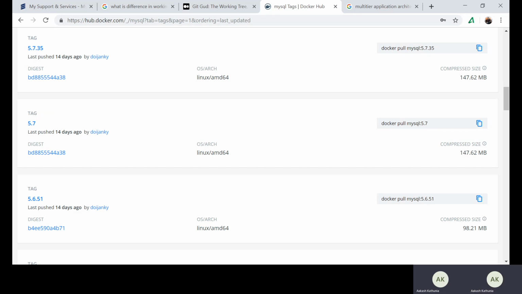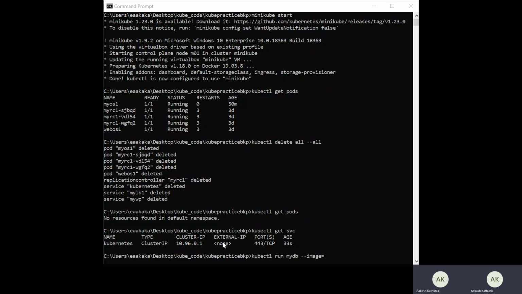So let's go to the terminal and use this image. I'm just going back to the terminal, and we'll use the same image as it is given on the Docker Hub. Okay.